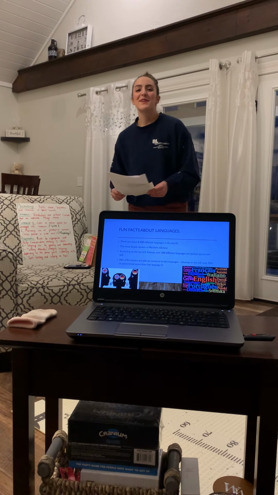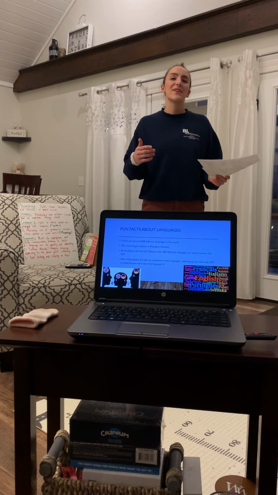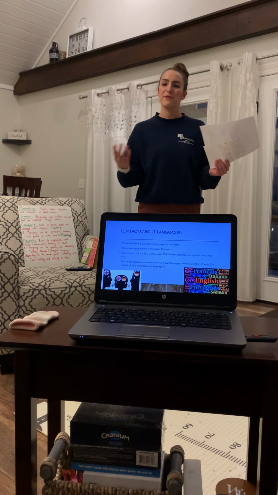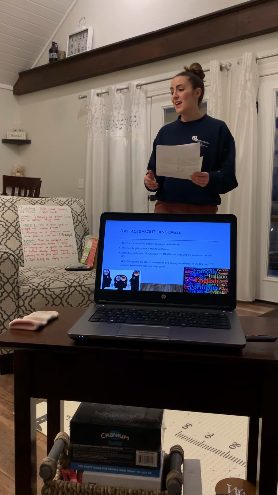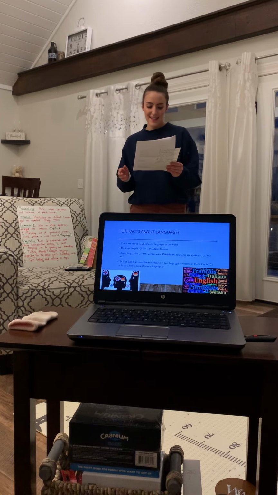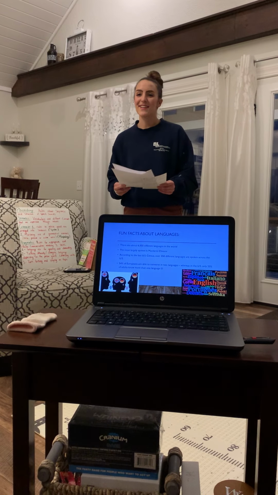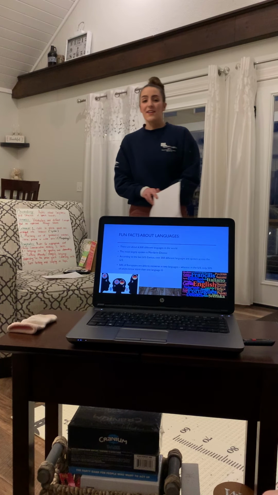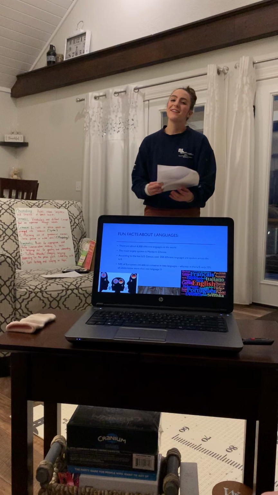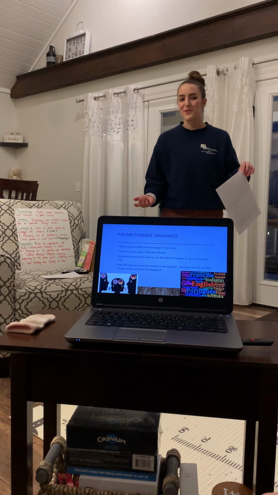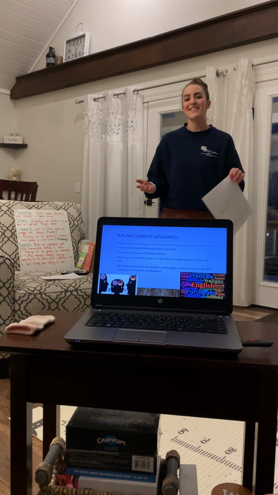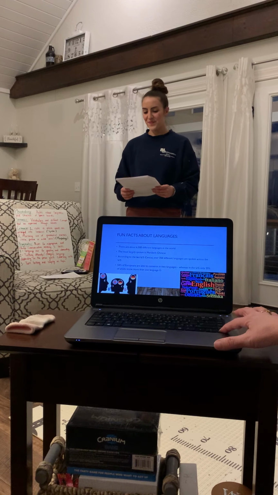In Europe, the average adult knows 2 languages for the majority, 54%. And in the United States, it is only 20%. That's a little bit sad. That's okay though. And although some people don't believe it, the most largely spoken language in the world is Mandarin Chinese. You can go on to the next slide now.